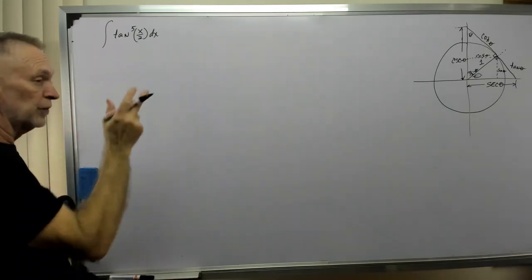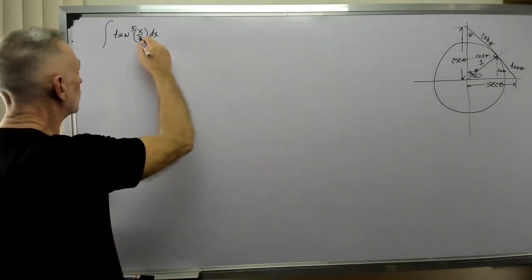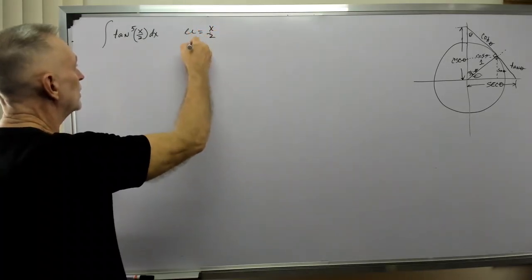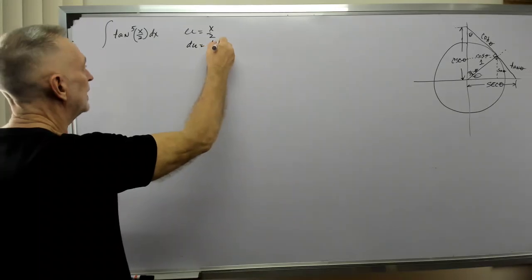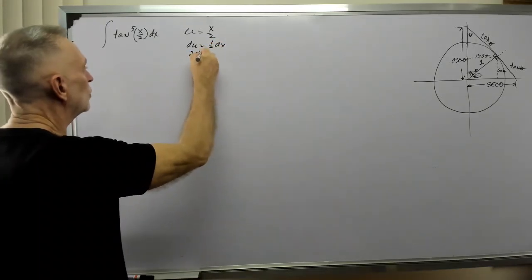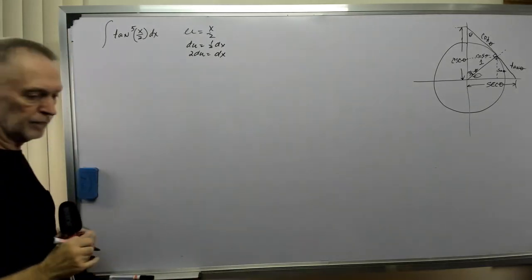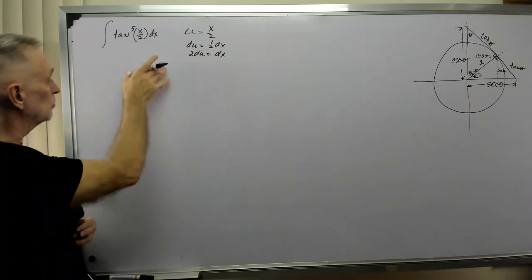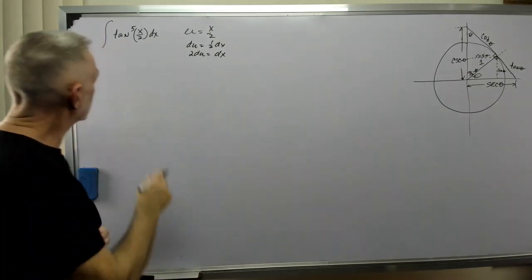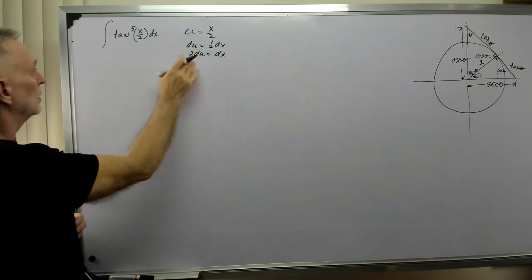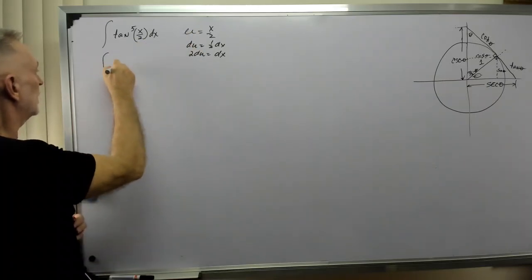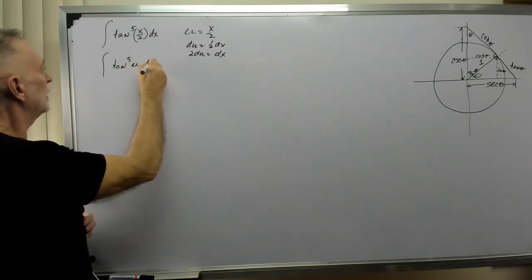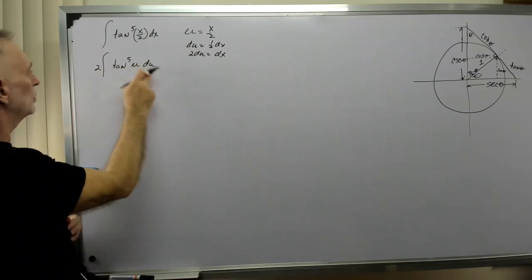All right, the other thing I'm going to do is let's go to the u world real quick. Let u equal x over 2. du equals 1/2 dx. 2 du equals dx. Now you may have to zoom in as I'm doing this. I'm writing a little bit smaller tonight so I can get all of this on the board. Okay, having said that, I have the integral of tangent to the fifth of u, 2 du, that